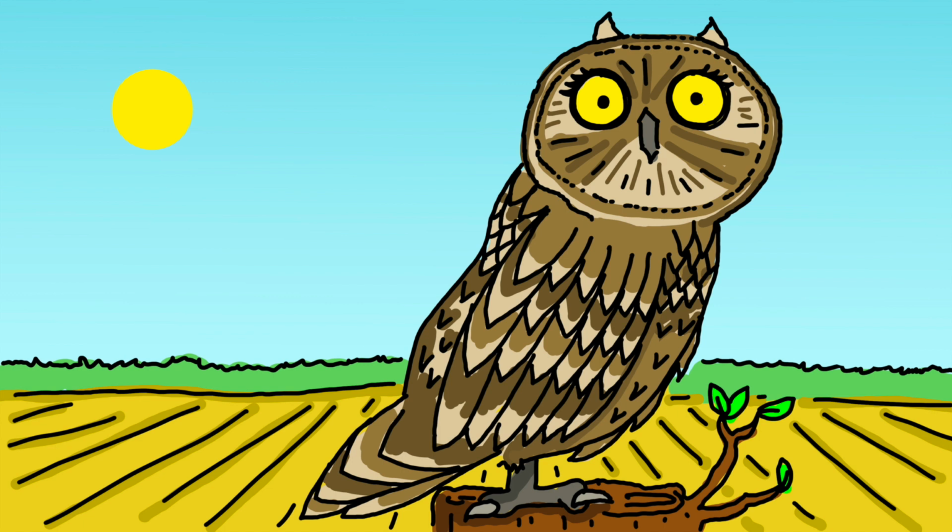But let's make a start on this owl, shall we? So we'll start with the head, and I'm being quite gentle with the way I'm drawing this because they have very downy feathers, so just by dotting it like this it suggests that it's quite soft and delicate. So join that up